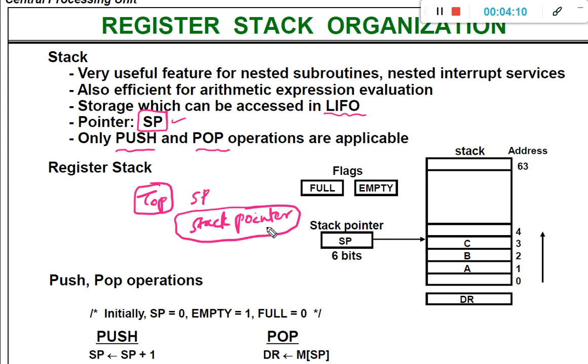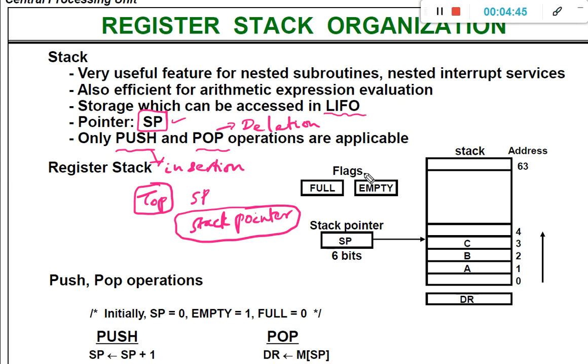Pop means you remove a data item from the stack. The insertion operation into the stack is called push, and the deletion operation from the stack is called pop. These are the special words used in the case of the stack.